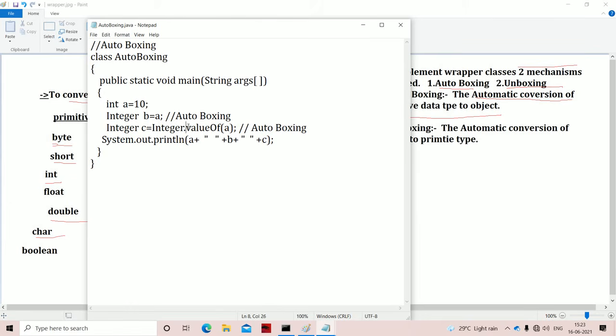In the Integer wrapper class we have a method called valueOf. valueOf is a method. We know the naming conventions for a method: the first letter is lowercase, but the first letter of every inner word begins with an uppercase letter. So in valueOf, O is an uppercase letter. What valueOf will do is retrieve the value from the variable a,